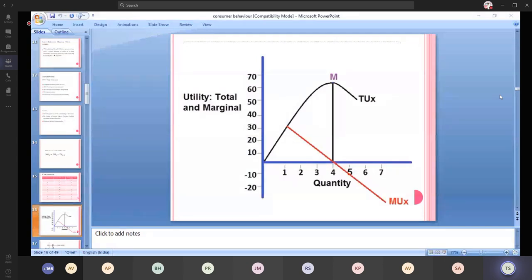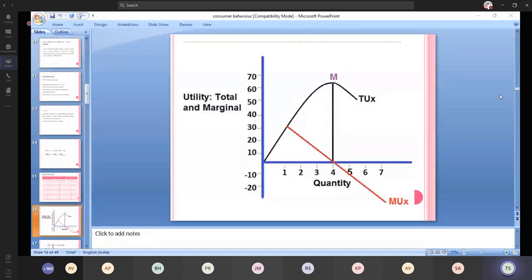And also the ceteris paribus condition, that is, other things being equal. That is, this theory doesn't consider the other factors which affect the consumption pattern of a consumer. So that indicates all other factors are constant. In the real world, we don't have any static factor. Everything is a changing one. So that is also shown as a limitation. Clear, guys?